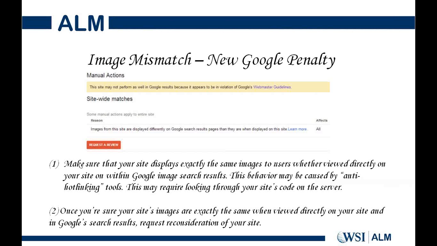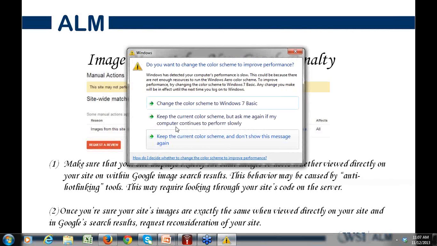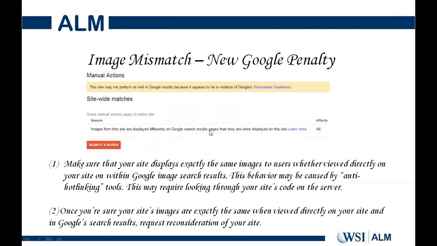So there's a couple of things that we have to keep in mind. You have to make sure that your site is displaying exactly the same images to the users when you're viewing it on your website or within the Google image search results. And there's some black hat companies that were basically taking advantage of